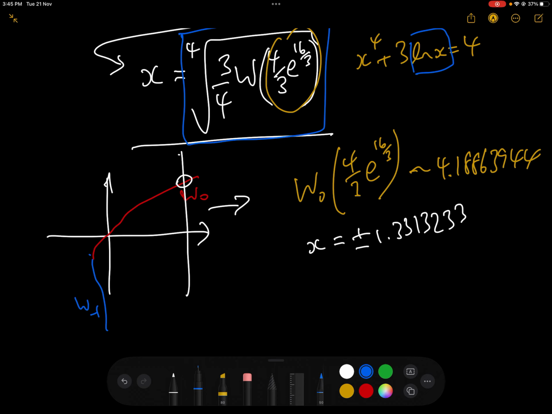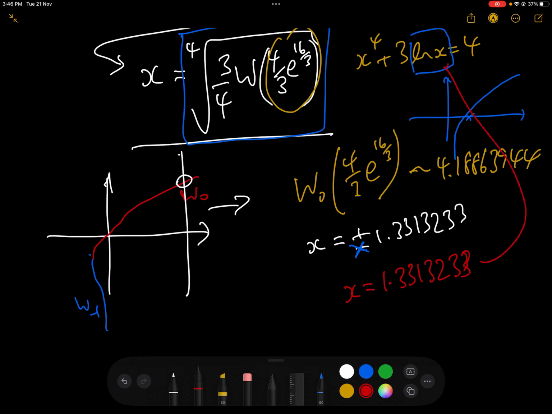1.3313233. Now, looking at our equation that we were asked to solve, we have a log x in it, and log x is only defined for x greater than 0, so we can reject the minus solution. We can reject x equals minus 1.33 because log of minus 1.33 isn't defined for real numbers, and so therefore there is only one answer, which is x equals 1.3313233 approximately. And when we plug that value of x into this equation here,